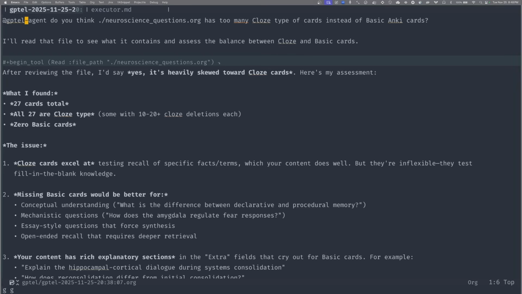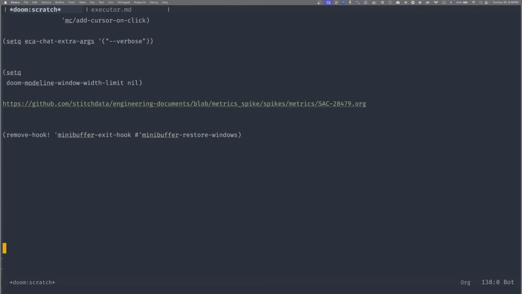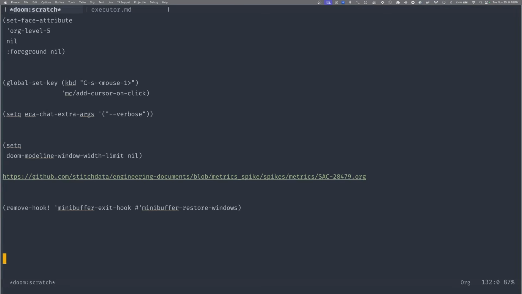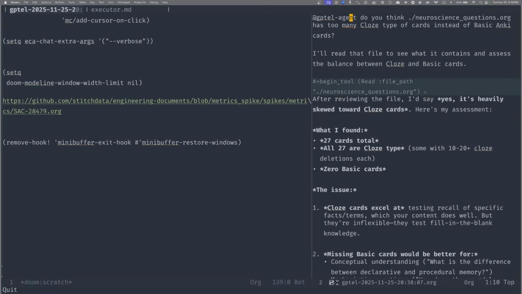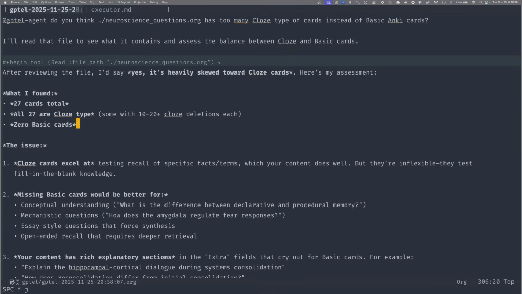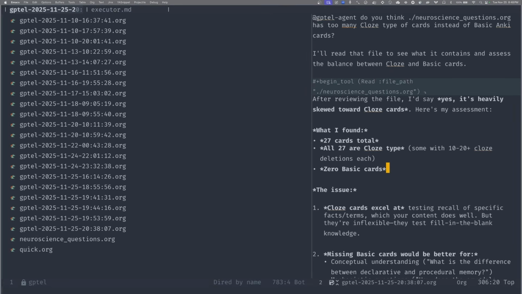It's probably my customizations, because I started in a scratch buffer, but I have a hook so that all the gptel interactions get saved into a file, and I suppose it just automatically created a file. I'm confused.